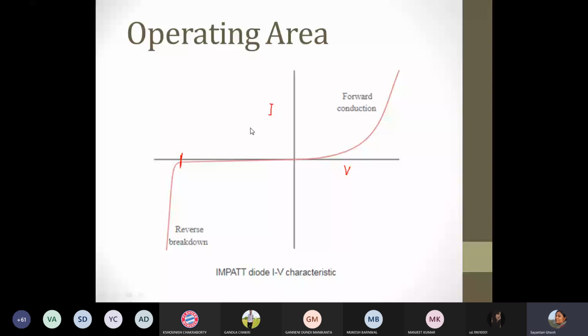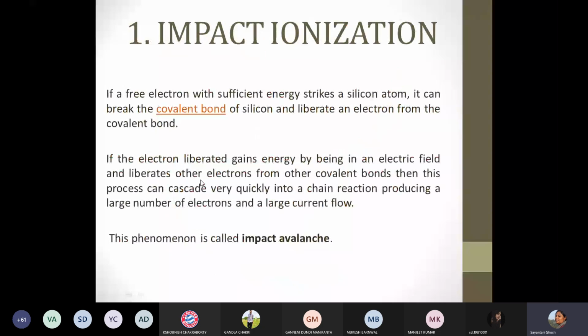Fixing our operating area near the reverse breakdown, the first job is to cause the breakdown. So let us just focus on the working principle here. The first step is called impact avalanche or impact ionization. Here it is nothing but just the diode breakdown. The electric field or the voltage will be high enough so that the electrons from the covalent bonds of the silicon will break out,